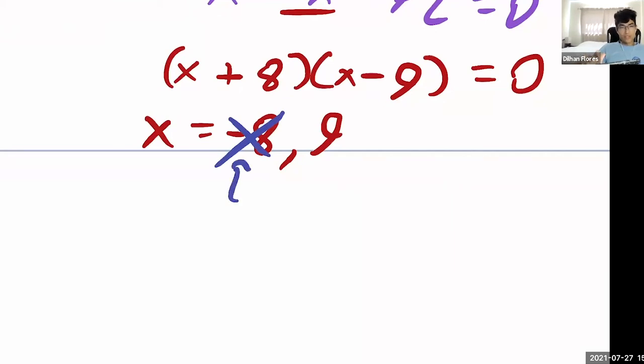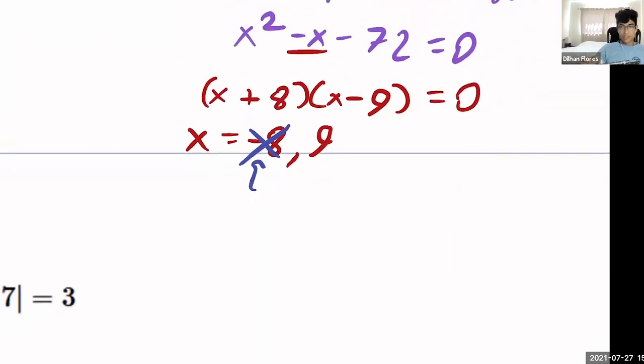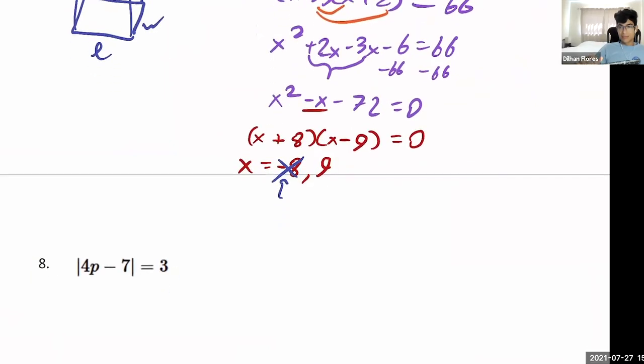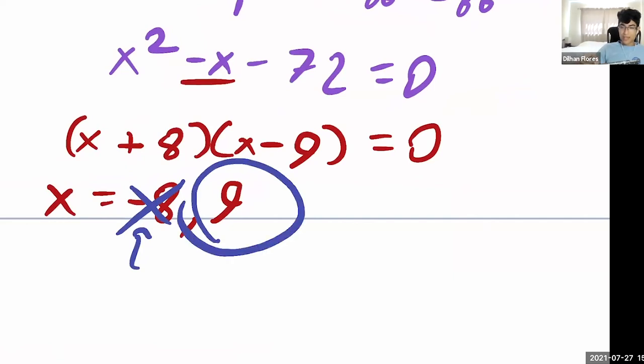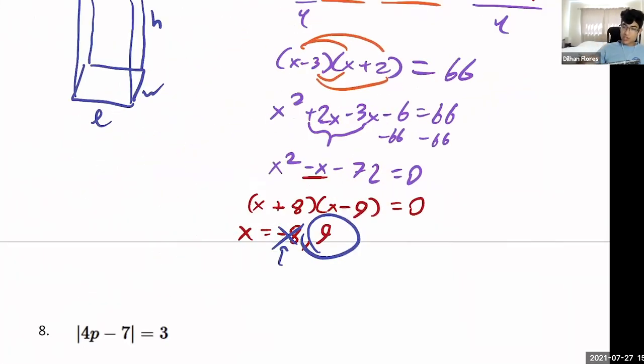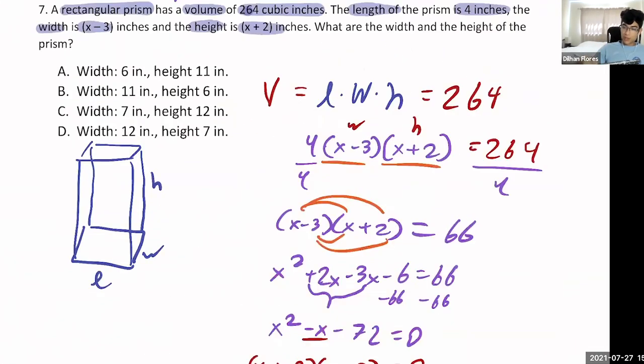Wait, extraneous? Is that not the right word? Extraneous. Yeah, extraneous solution. So our only answer is going to be 9. But again, this is just what x is equal to. The width and height are going to be 9 minus 3 and 9 plus 2. So what's our answer choice, guys? A, B, C, or D? Guys, the width is going to be 9 minus 3, which is going to be...